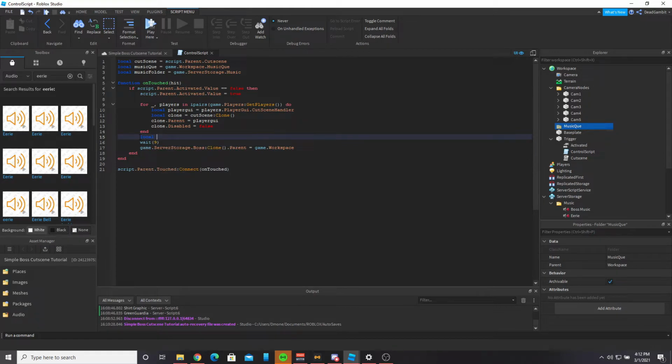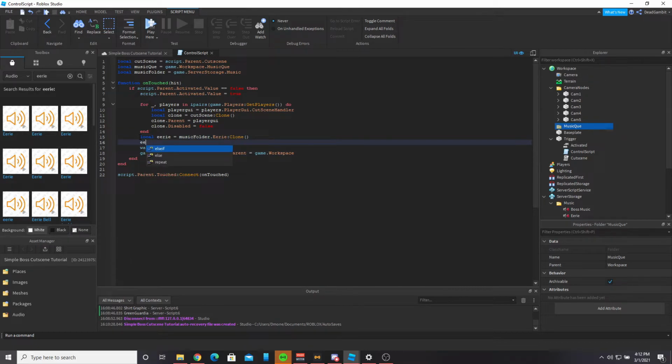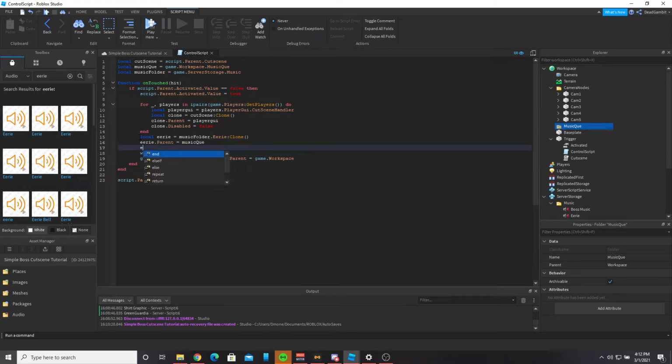local eerie equals music folder dot eerie clone. Eerie dot parent equals music queue. Eerie then plays, and then we'll wait the 9 seconds, and Eerie will stop playing,